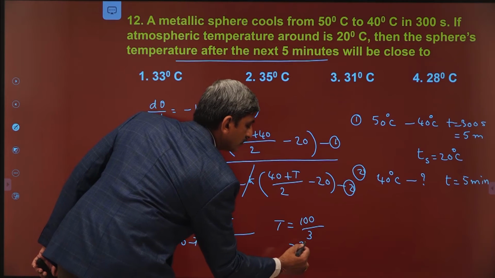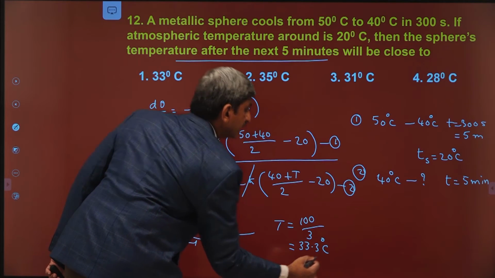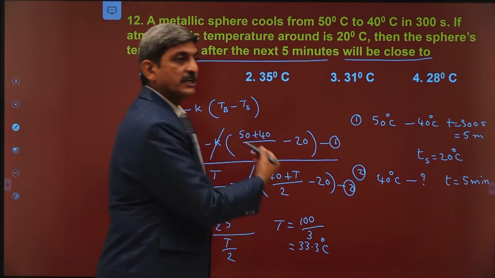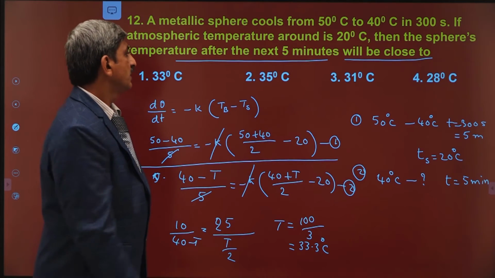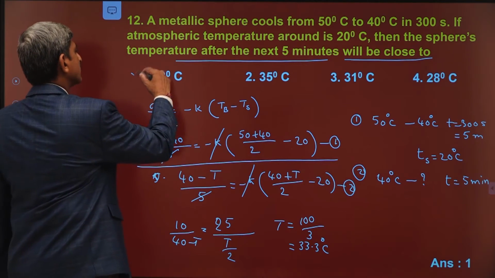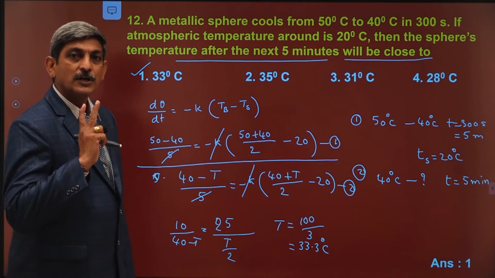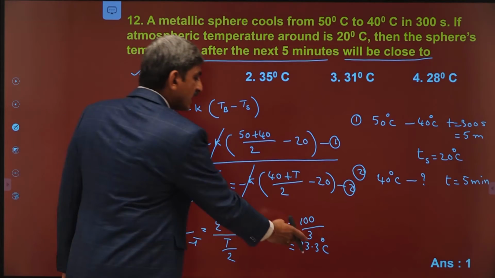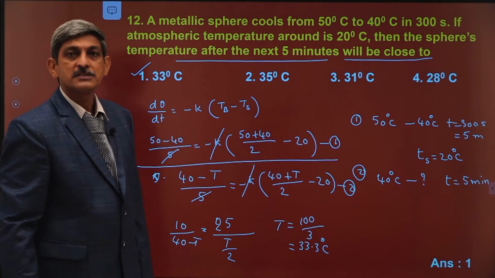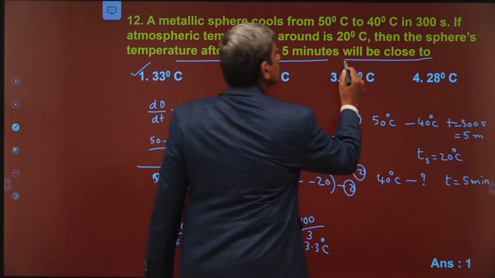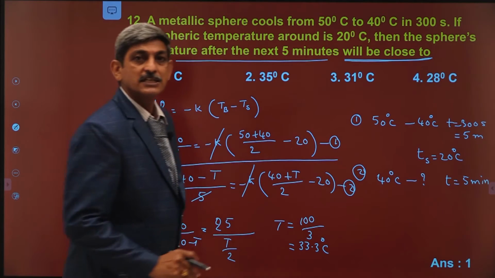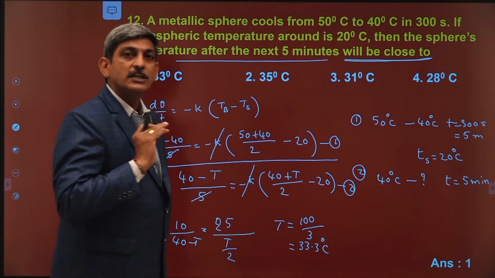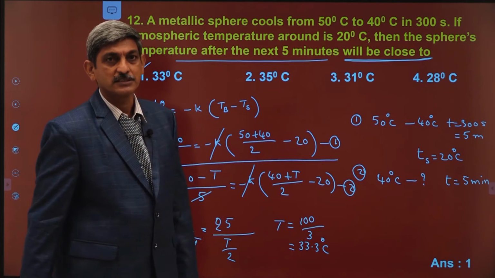So this is equal to 33.3 degrees centigrade. Now the answer is to be determined close to the given options. So that is close to 33 degrees. That's why your answer is 1. Here we applied Newton's law of cooling. Remember, sometimes while solving problems, the exact answers may not be given in the options. In such cases, the phrase 'close to' is mentioned. In such cases, see carefully which value in the given options is close to the exact value, and choose that option as your right answer.